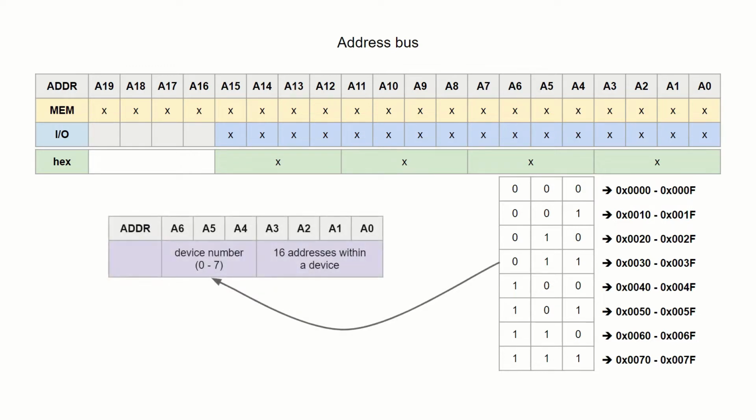That is because some devices may have more than one addressable register inside, similarly to our ROM having 131,072 memory cells, which need to be addressed using 17 address bits. Therefore, we use the higher bits of the address to choose the device and lower bits to address multiple registers within the same device. Using the A6 to A4 lines to tell between the devices leaves us the least 4 bits, the A3 to A0, for addressing 16 distinct addresses within each of them.